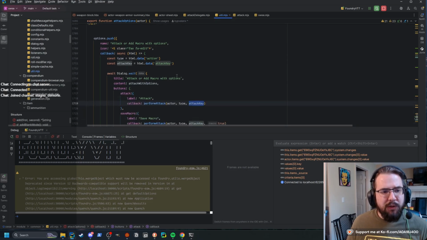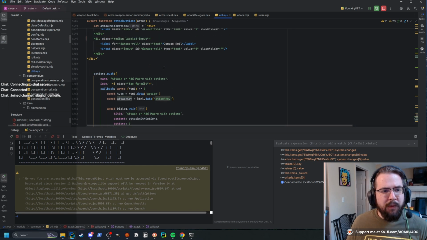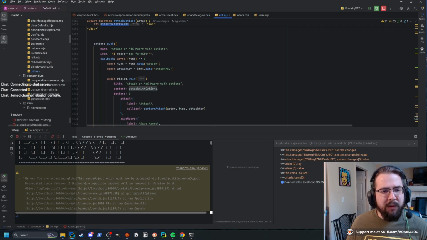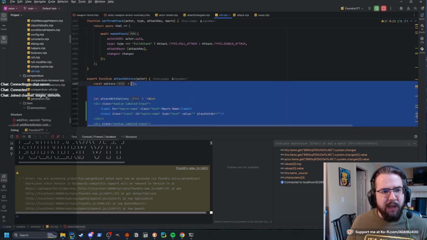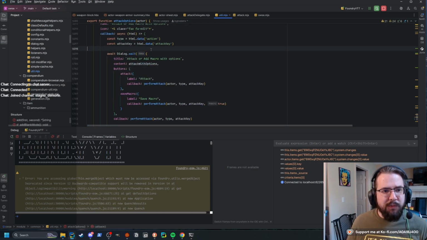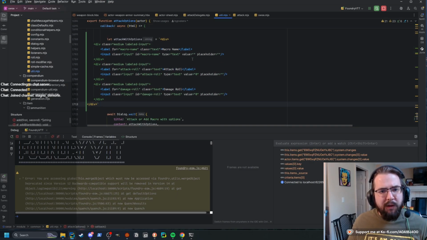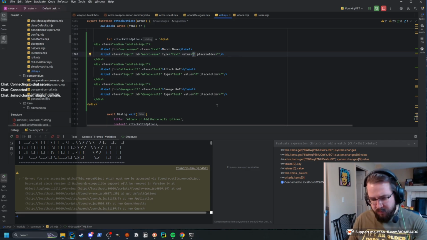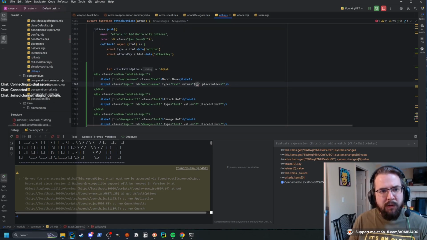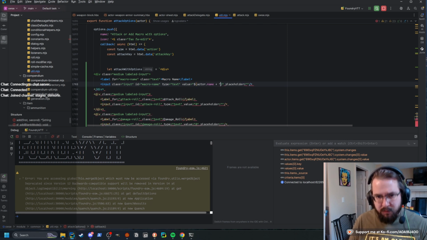Okay, so the issue is that attack with options is up here. Ah, it comes down here. So what I need to do is move this into that block. I know I was probably being very clever by not doing that, but here we go. And we put that there, and we put the default dollar brackets. Go actor name plus